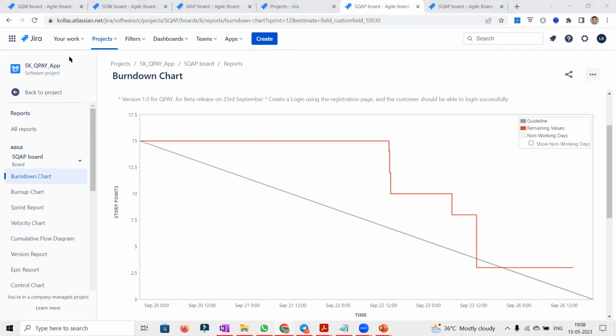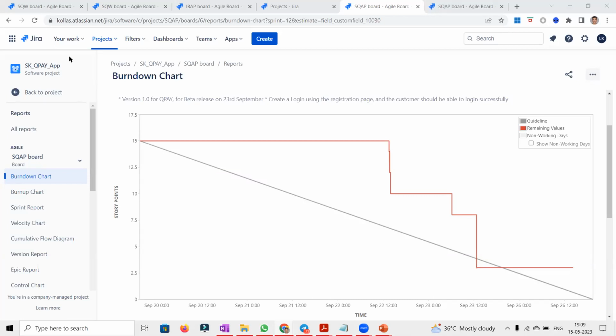So that is where our role as a Scrum Master will come, right? Of course, not like a teacher and student, reminding the students to complete their homework or assignments or tasks. No, but as a mentor, as a coach, as a guide, we need to help the team remind to make sure the progress is reflected on time or on a regular basis in the tool, because this is